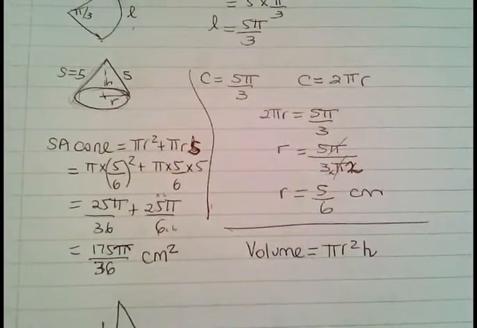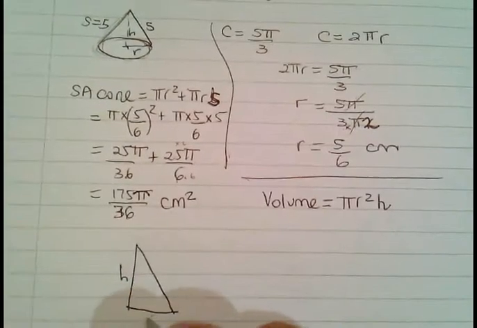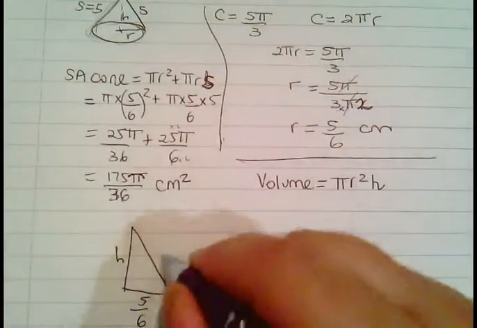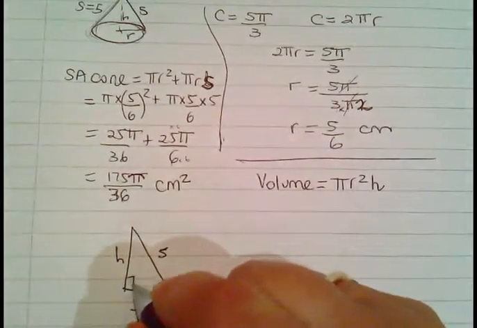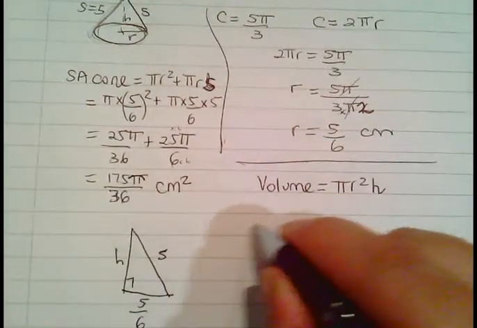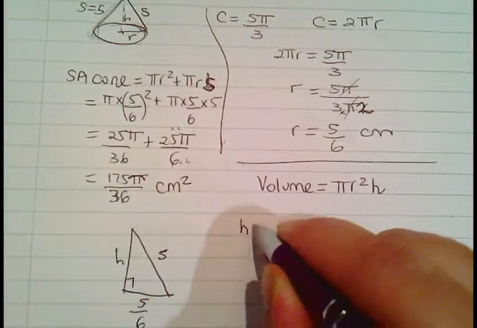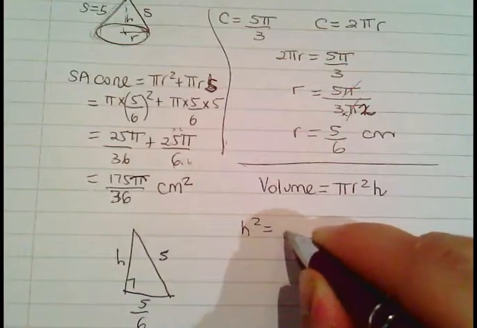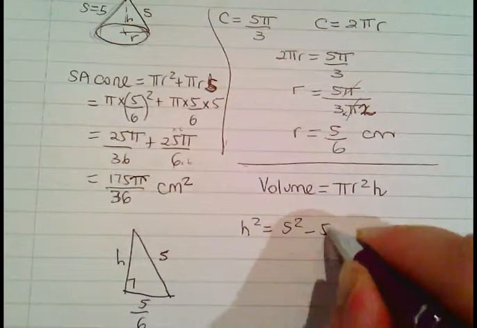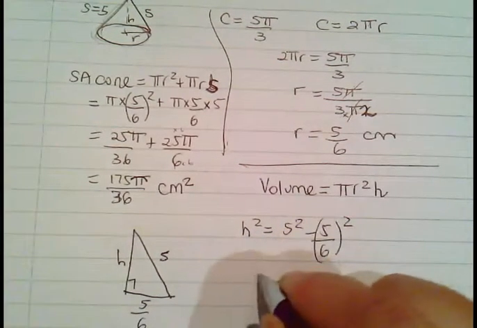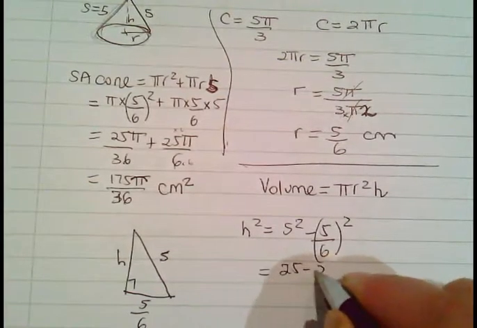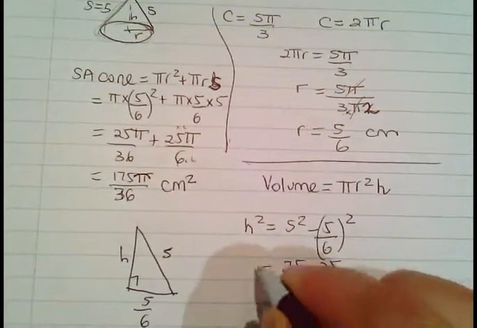I've got h there, my radius is 5/6, and my slant height, the hypotenuse in this triangle, is 5. So therefore, h squared is 5 squared minus 5/6 squared, which is 25 minus 25 over 36,